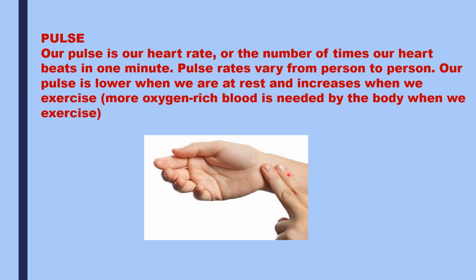You can easily check your pulse on the inside of your wrist. For this, you need to gently place two fingers of your other hand on this particular artery, as you can see in the figure. Do not use your thumb because the thumb has its own pulse that you may feel. By placing the two fingers on the wrist, you can count the beats for 30 seconds and then double the result to get the number of beats per minute.